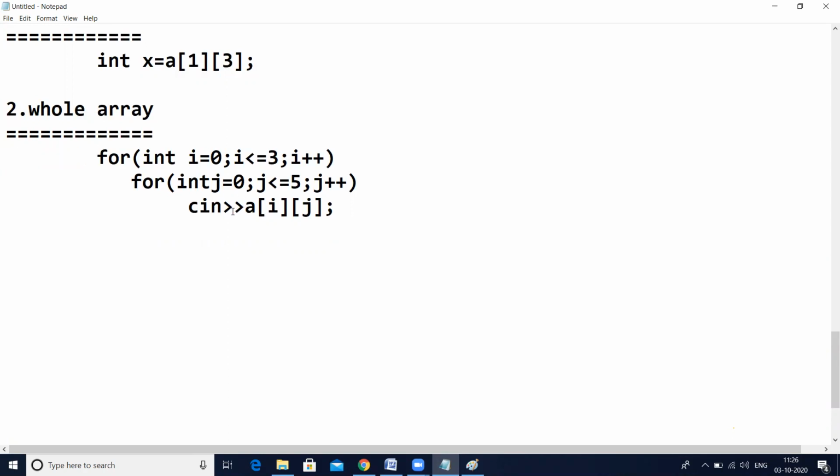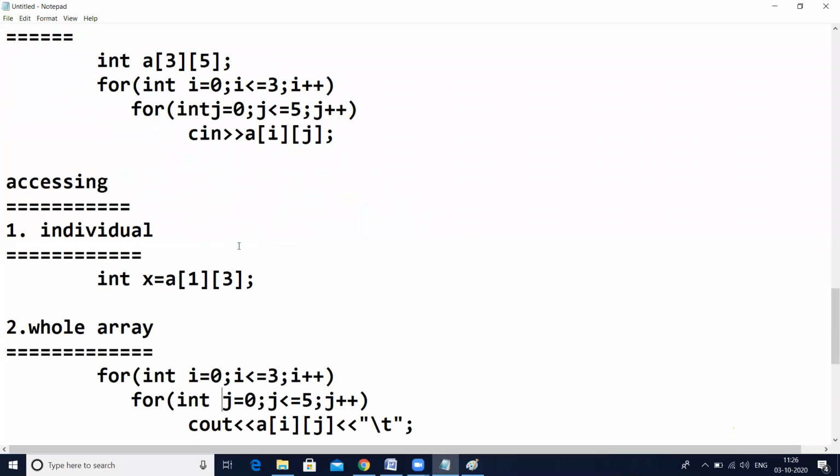So here instead of cin, we can write cout. Then we can take some tab and write cout and endl. This for loop accesses 0 to 3 rows and 0 to 5 columns. These accessed elements we are printing in matrix form. Okay, this is a two-dimensional array.